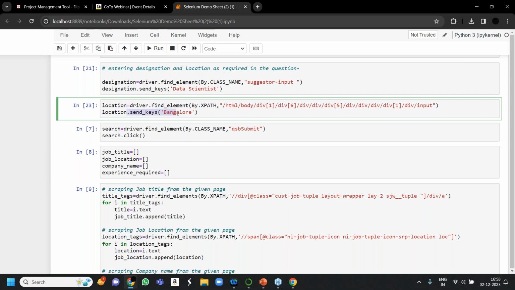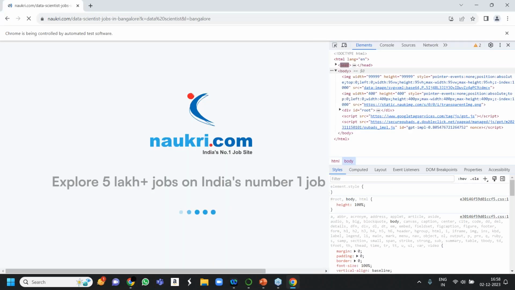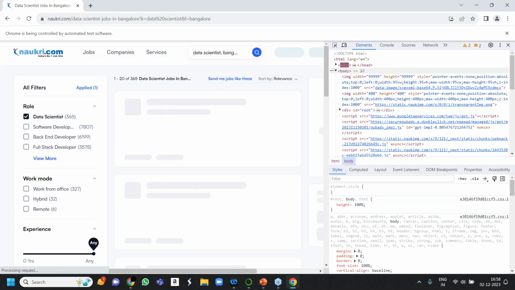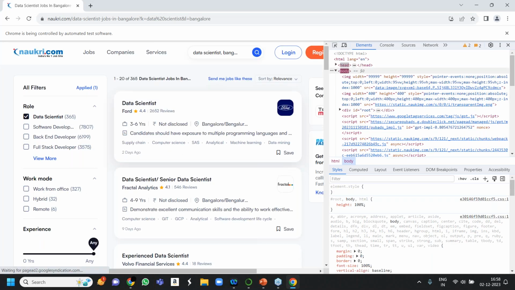I don't need to enter anything. Clear? As soon as I run this code, this will open. Am I clear till here?